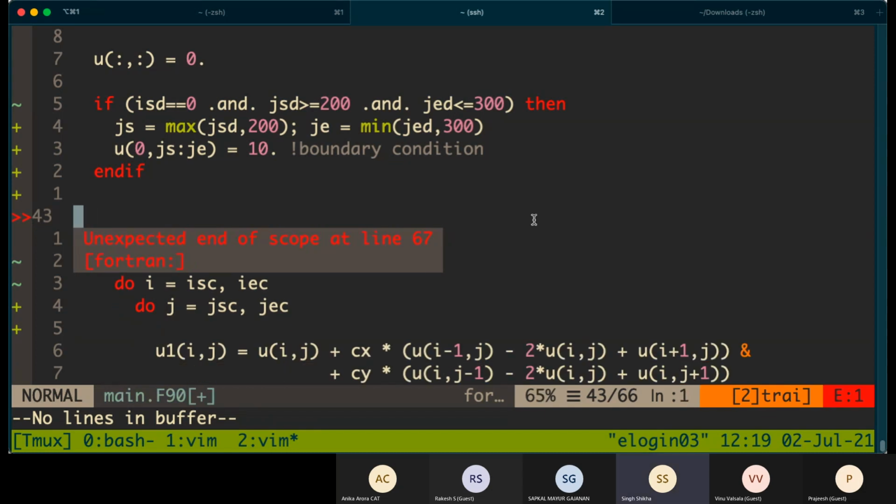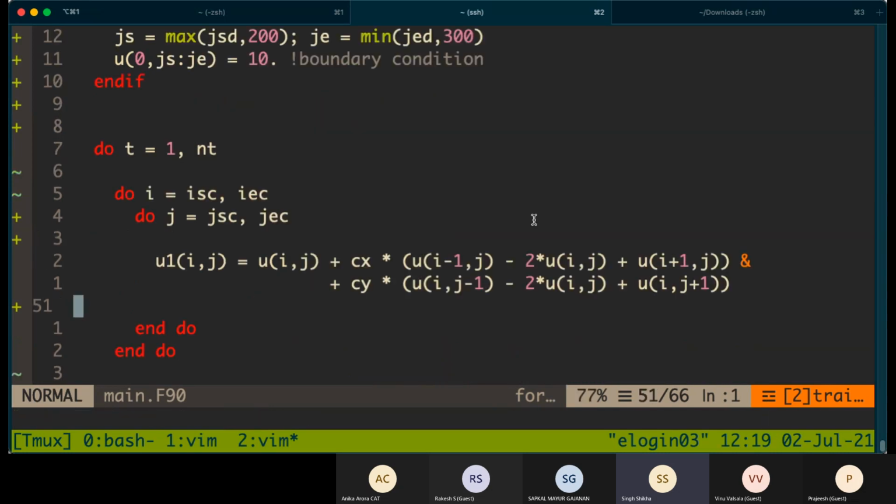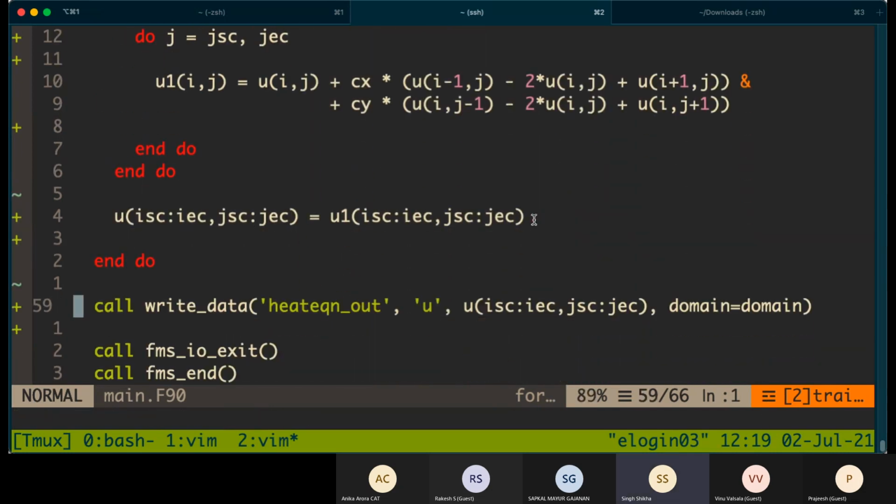So, okay, I have another question. When you're writing the data, how does it identify the file type? Suppose I don't want to write a NetCDF. I want to write an ASCII file. Here, write data by default, I mean, not only by default, it supports only NetCDF.